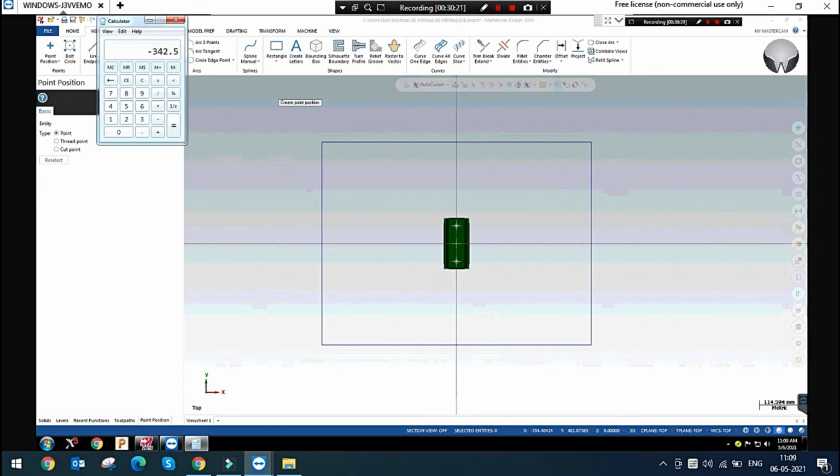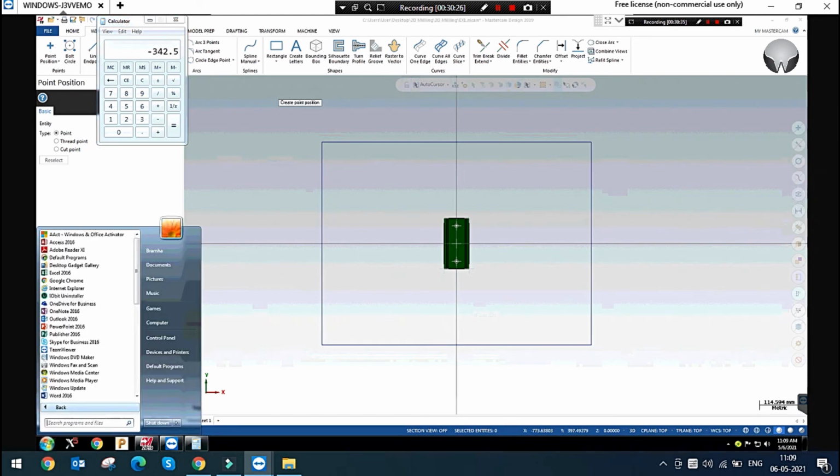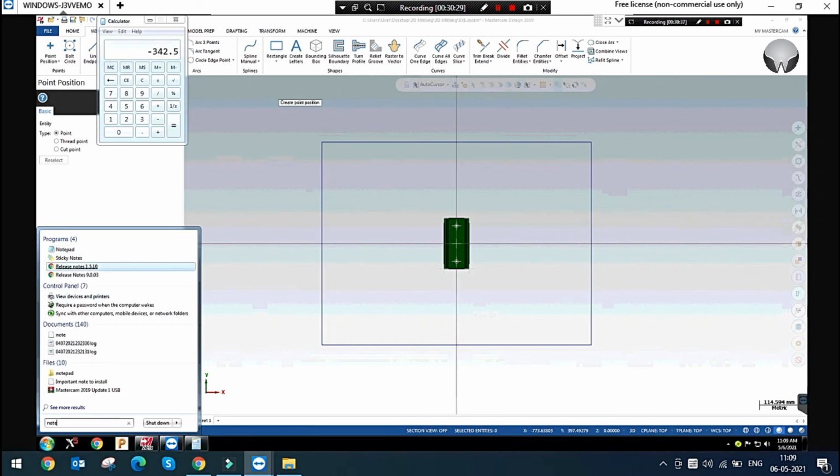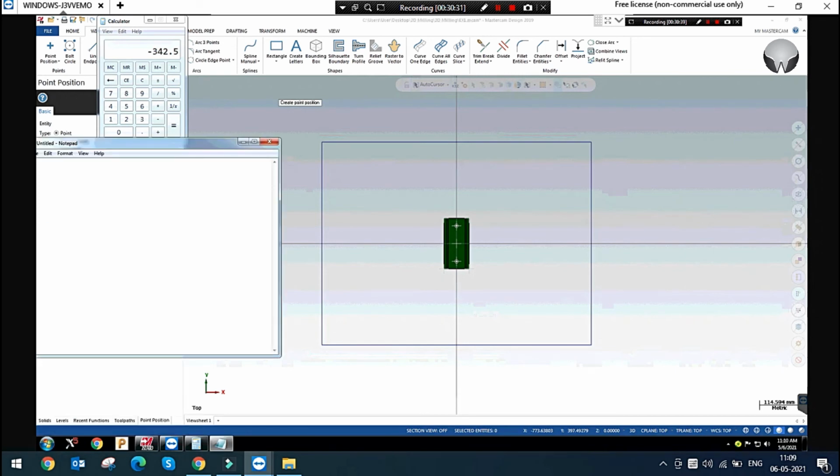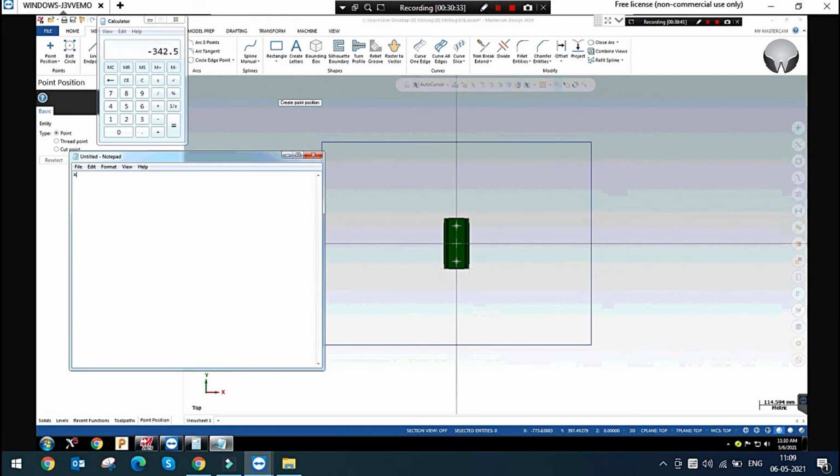I have to give x minus 342.5. I just noted this. We have to align this manually, brother, because this is 3D. You can only make nesting with a wireframe only.